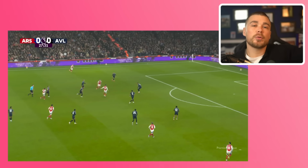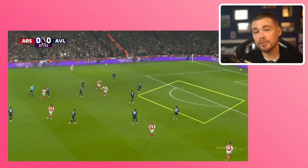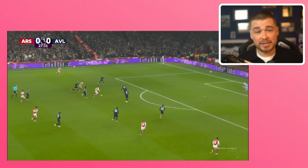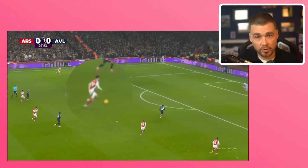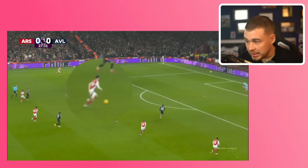Meanwhile, there is still the opportunity to play a through ball into this space, but none of the Arsenal players have made that run. Without any passing options, Havertz decides to shoot. And when he shapes up to shoot, he knocks the ball a yard ahead of him, but that causes a minor problem. Firstly, the ball is very central in correlation to his body. And secondly, it's slightly too ahead of him, meaning that he has to take 2 tiny strides to readjust himself